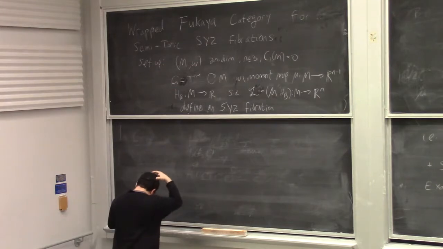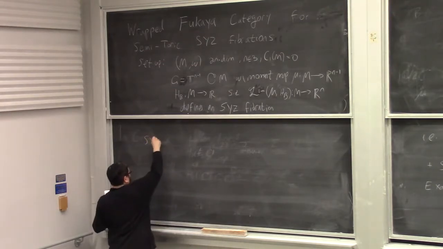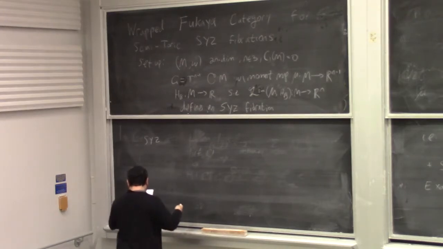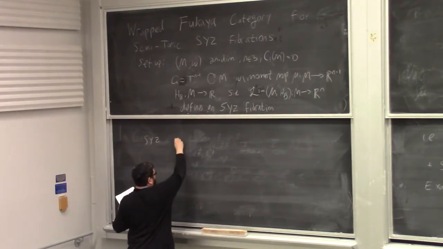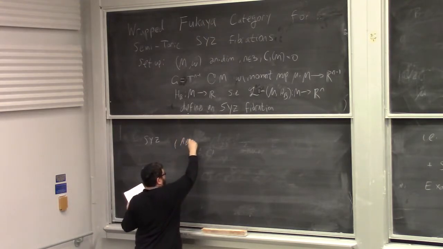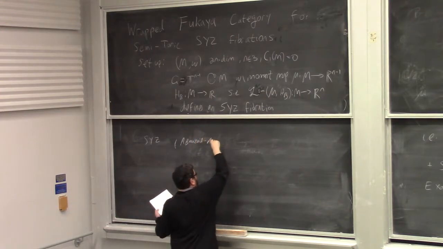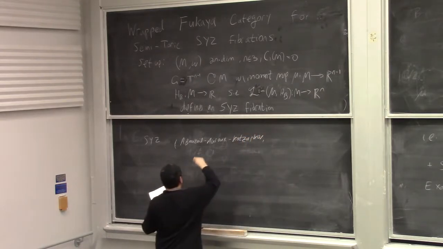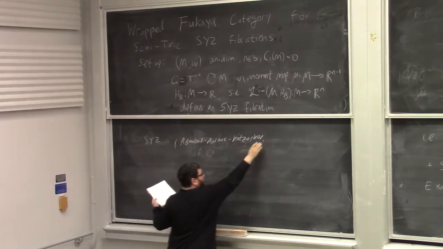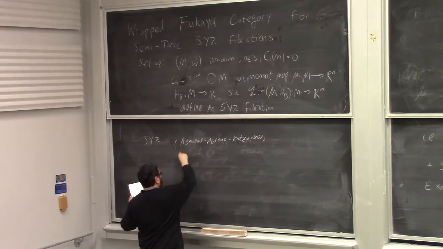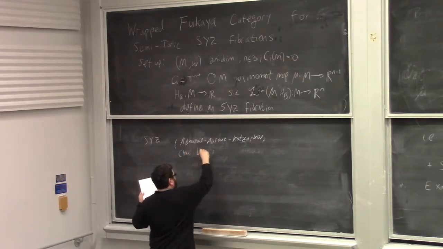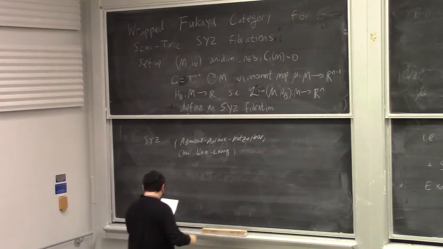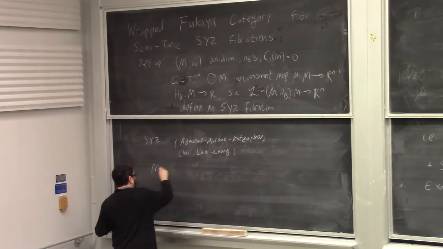So, from the SYZ point of view, when we have an SYZ fibration, we can talk about an SYZ mirror, and it has been studied. There were two groups, and that's one group of people, and this a separate paper by Chan, Jung. They studied the SYZ mirror of this, and what they found is that if M is as above,